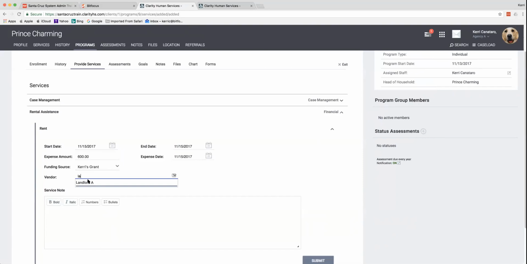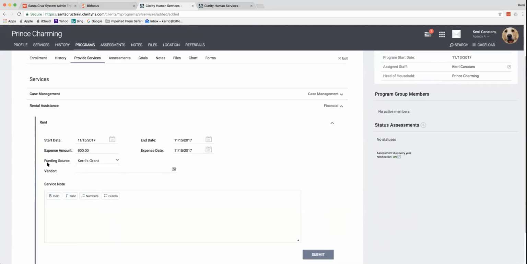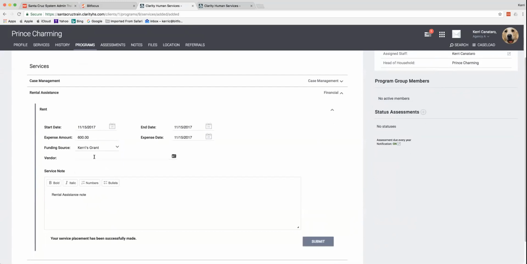Yep, landlord A. So the auto suggest for landlord A. If we didn't fill it out, we wouldn't be able to provide the service transaction because we marked vendor as required. So if you want to make that optional, just don't check off required within the service configuration. If there's a service note, you could put in the rental assistance note for the service